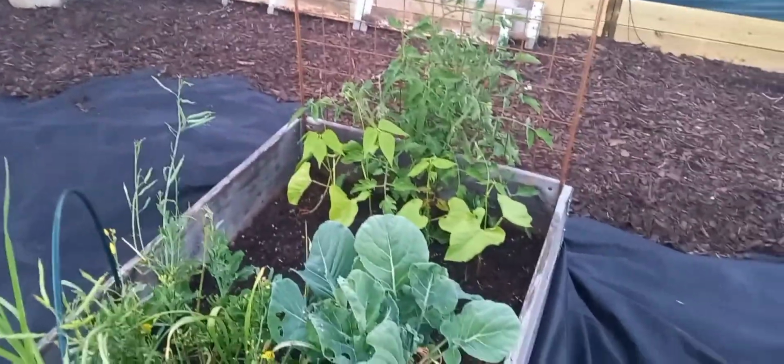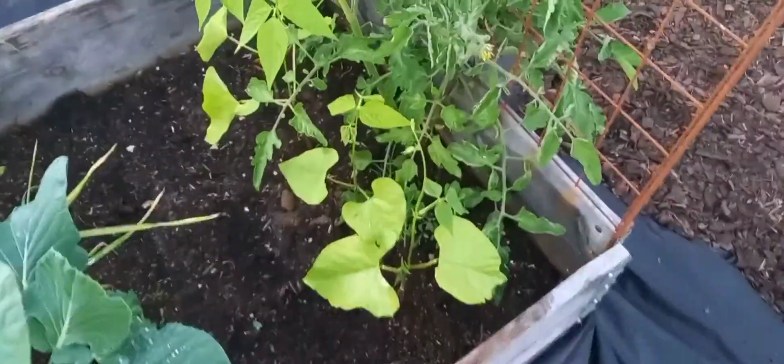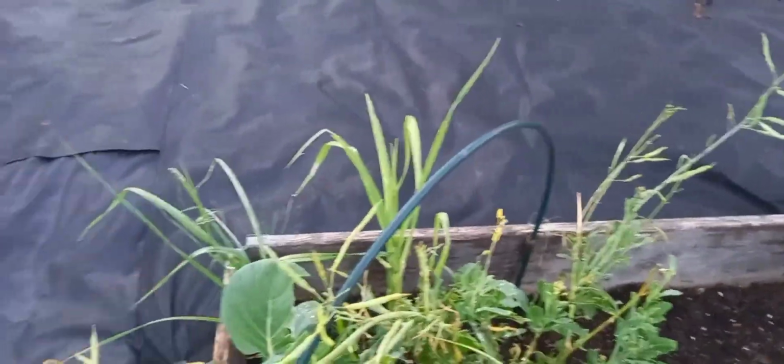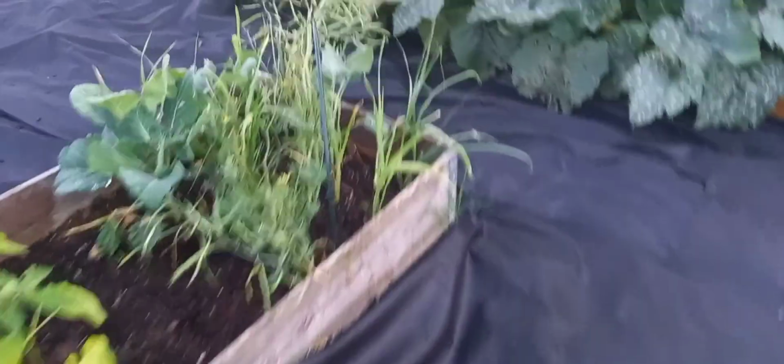This is the one bed that I have Brussels sprouts in it and a tomato and some beans and Brussels sprouts from last year that I let go to seed. What's up, slug? The main reason why we did all of this. And there was also some garlic in here. So we left this one. We're either going to build a new bed around this one and try to pull out the grass. But yeah, just slugs